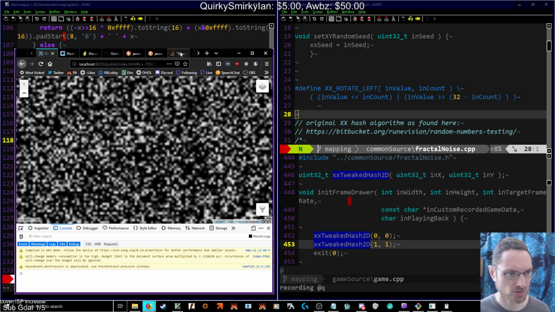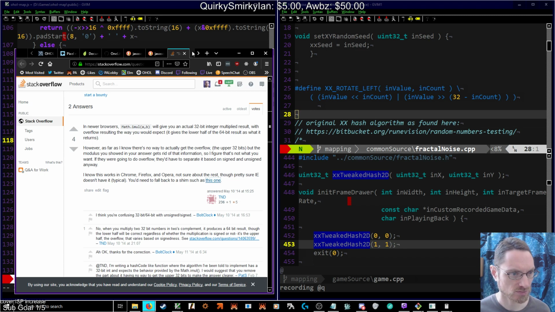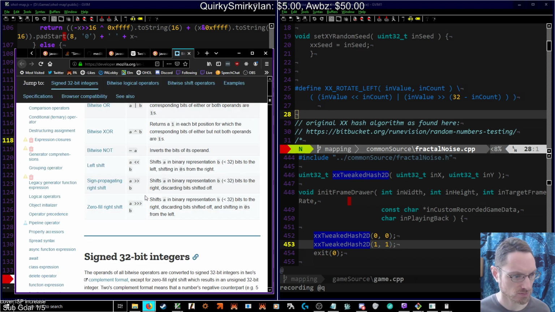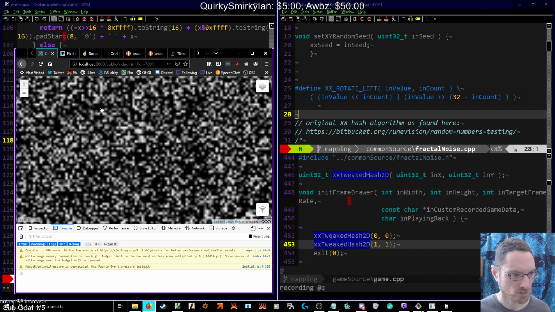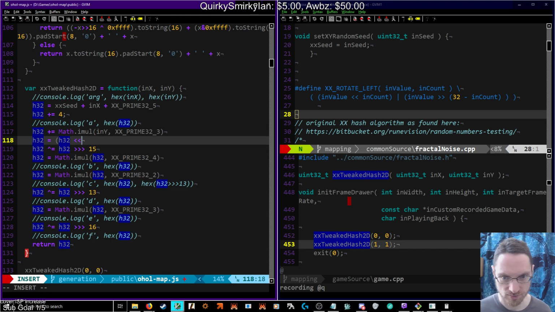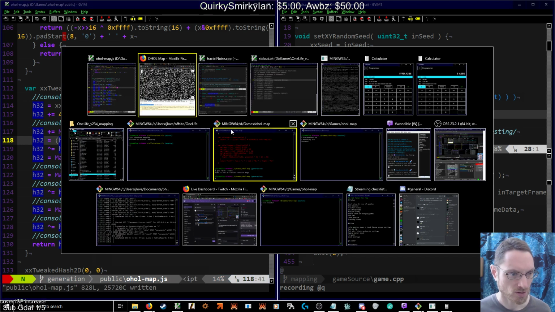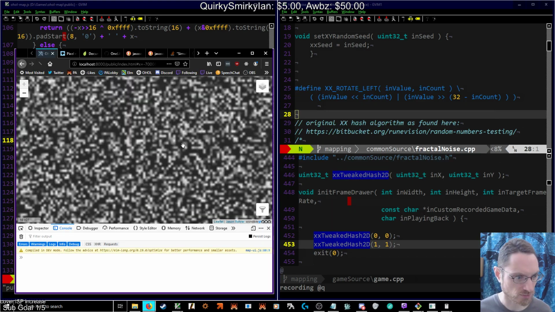Was there a sign extension this way too? Okay, nope. There's only one operation there. So we have to hope it's the same. This could have been totally pre-calculated, but that would be math. All right, so without necessarily checking to see if this is right,